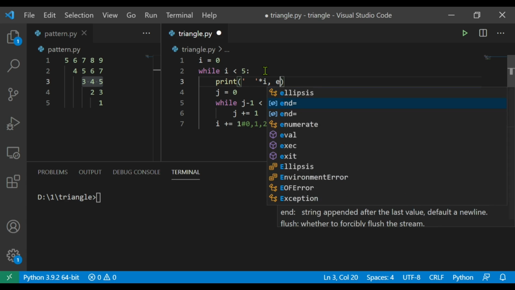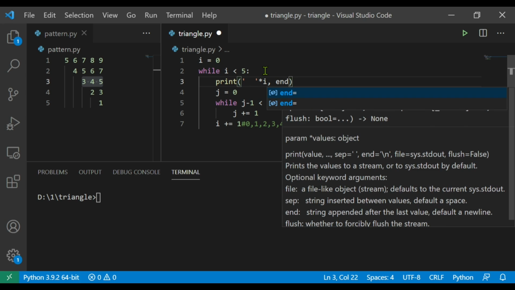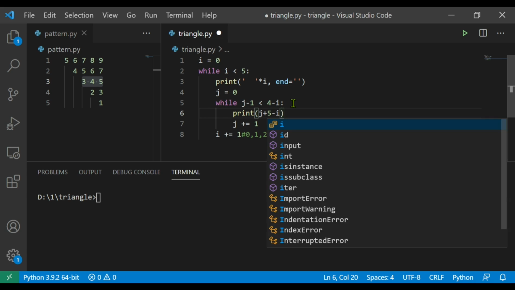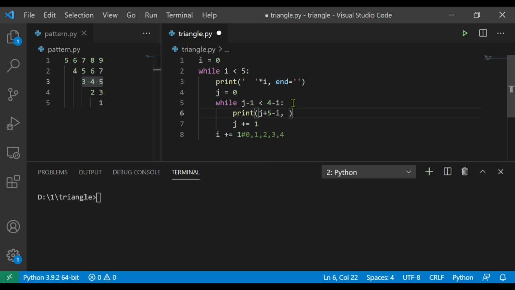Here along with the space character there is a number character in the same line. To get the number in the same line we are going to use the end variable without any value. So let's print the numbers. Print j plus 5 minus i